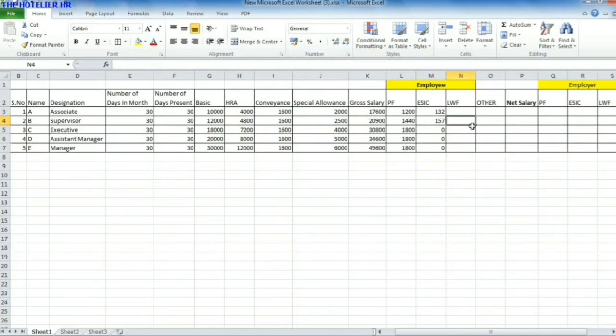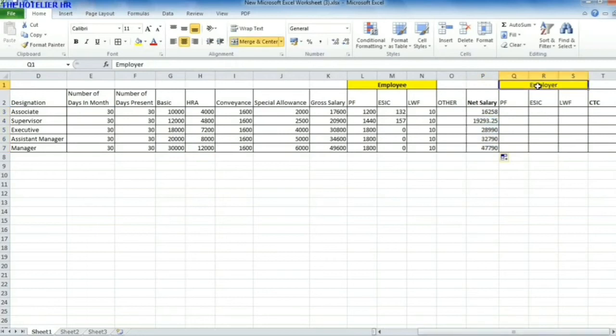So we will remove these decimal values, and then if we talk about Haryana state, LWF is 10 rupees for the employee, so we will add 10 rupees, and if you have any other deductions, you can add other deductions as well. So now the net salary would be your gross salary minus PF employee share, minus ESIC employee share, minus LWF and minus others. So now this is your net in-hand salary, which we call.